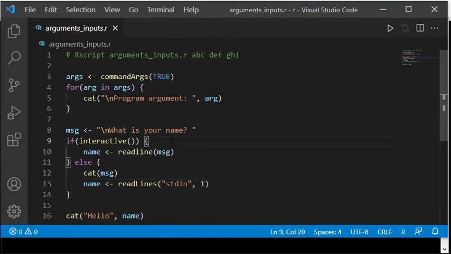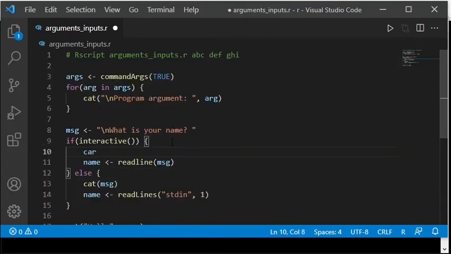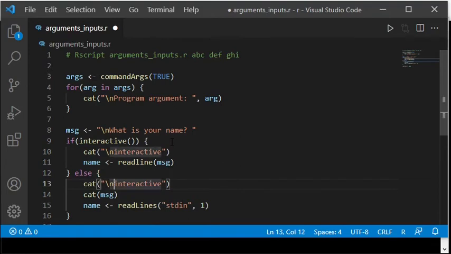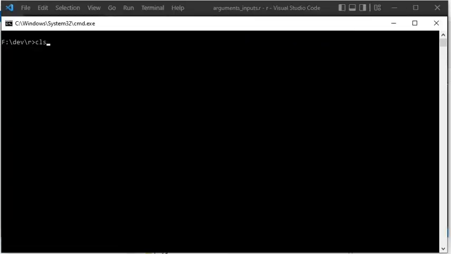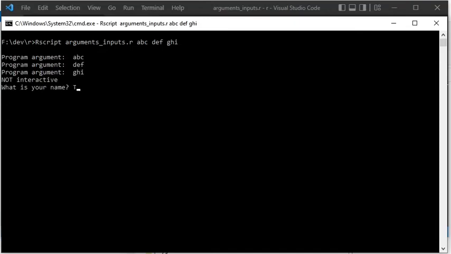I also add two printings to the screen by using the function cat to show whether the execution is considered interactive or not. These two calls of the function cat can be considered as debug printings. When I then execute the source code with Rscript, you can see that it is not executed as interactive, and it works as before since the function readlines is then used.